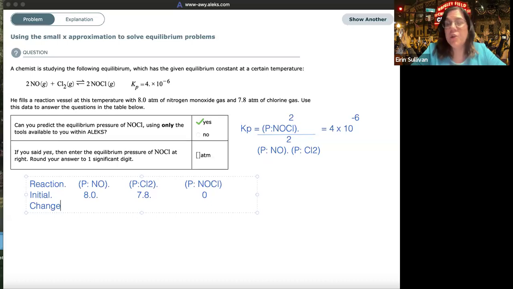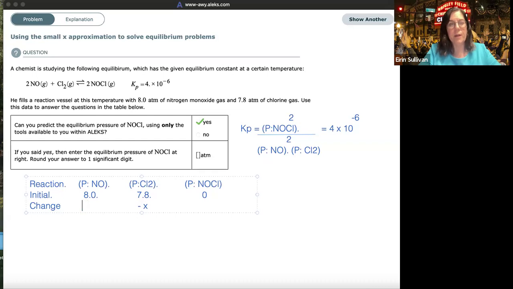So we're going to let the change in partial pressure of chlorine equal x. Now our reaction is going to be proceeding to the right. So reactants are going to be converted into products, which means chlorine is getting used up. So that change in the partial pressure of chlorine is going to be minus x. All right, and then we can go forth and multiply and populate the rest of that change row based on